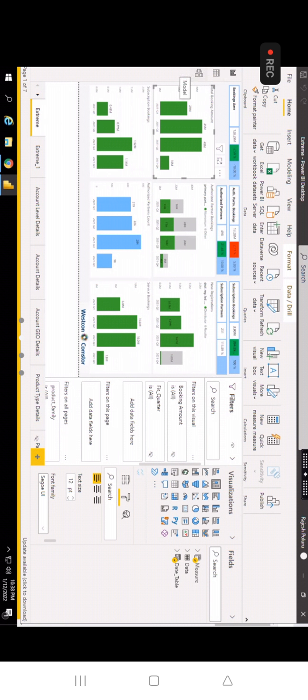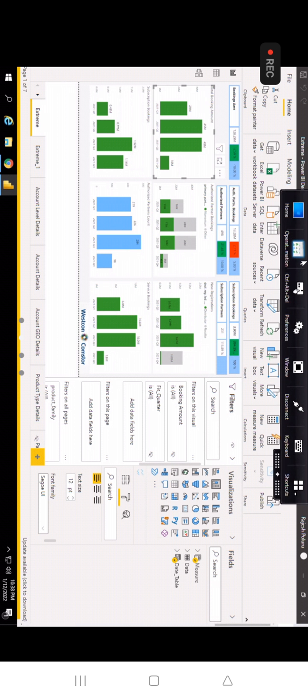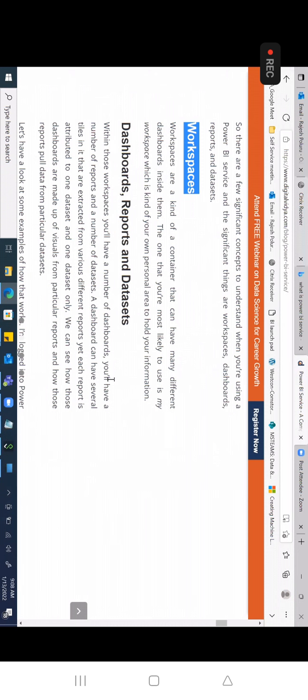Okay, this is the model tab. So like that, we have so many options. We just need to focus on Power BI Desktop first, and then we'll go to the Power BI service. Okay, clear? So what I mean to say is, search it in Google and note it down somewhere,